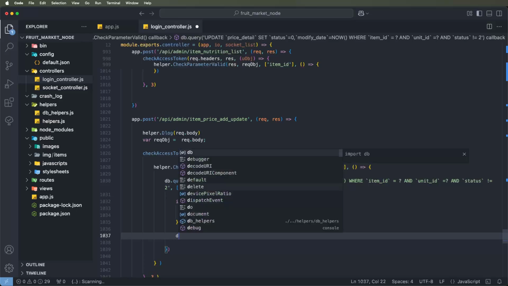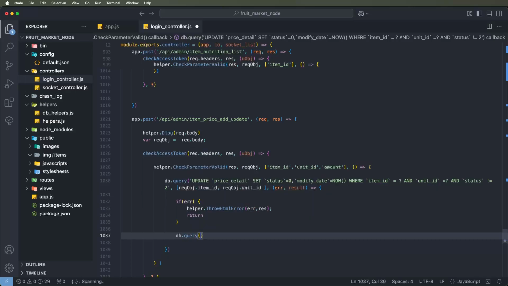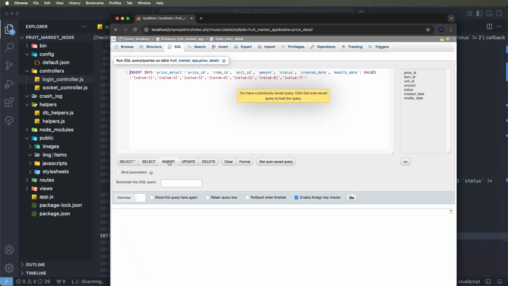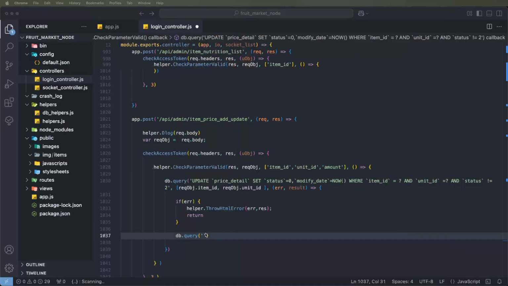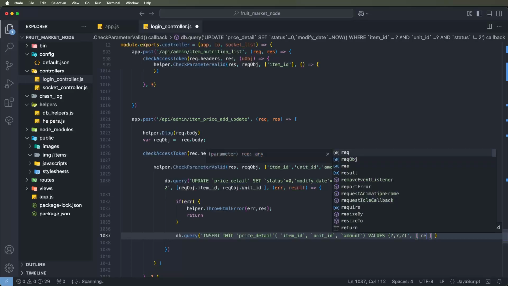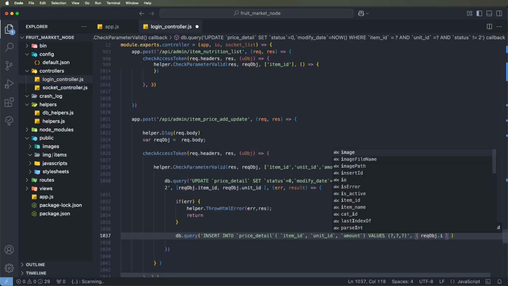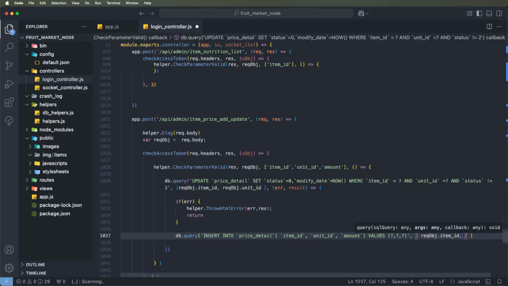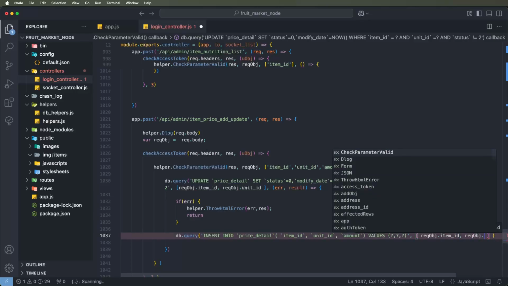Now we need to call the db query and write down the query inside. For the insert query, we go again to SQL, select the insert, remove the price and also remove the status column, and pass the values inside the question marks, three values. First we give the item id, then the request dot unit id,